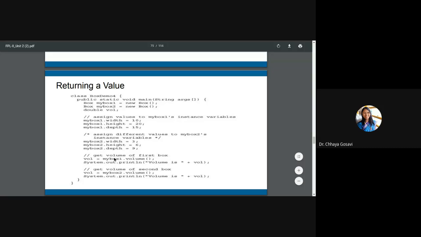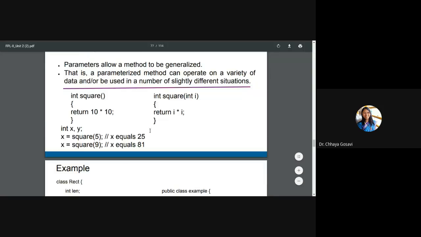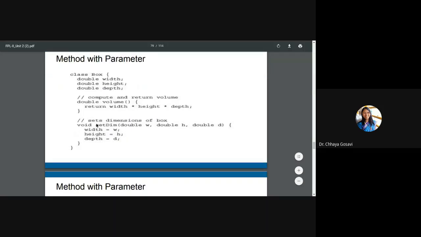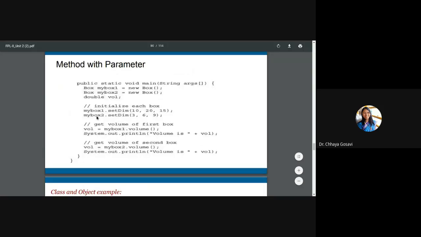If I am creating three objects, I have to again repeat this code, myBox3 dot width, height and depth. But if I create a function, say set dimension, what I have to do is just call that method set dimension with parameters for myBox1 and myBox2, and then we call the volume function to display the volume of myBox1 and myBox2.